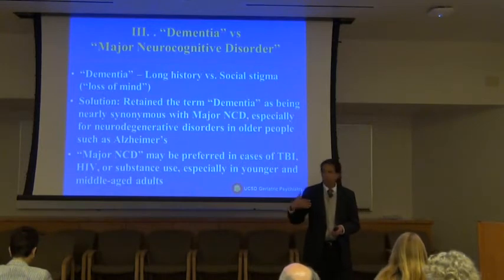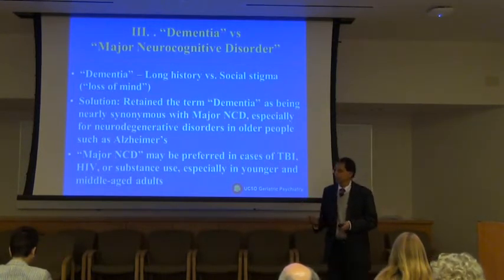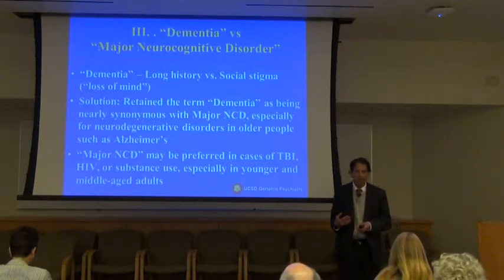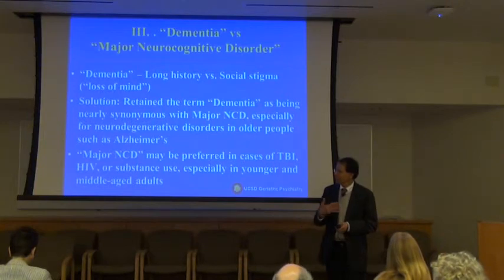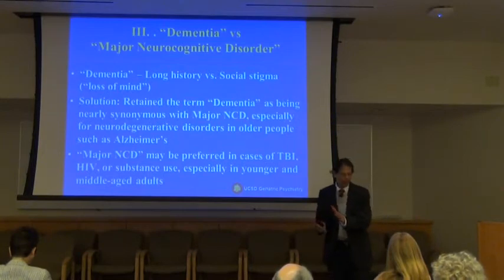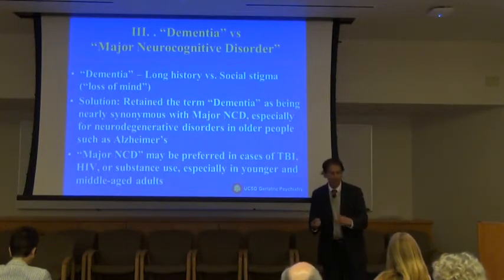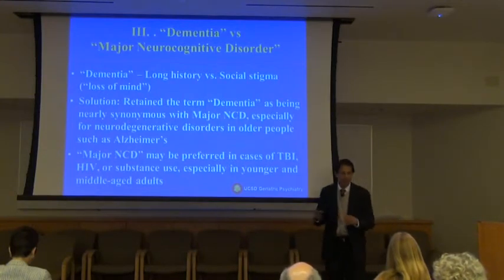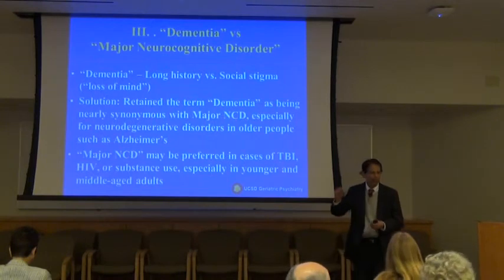when somebody develops major neurocognitive disorder as a result of brain trauma, like TBI or substance use or HIV, to say that person is demented is really not appropriate. So those groups say that we will not use the word dementia. So we had these two constituencies, and we asked Solomon what we should do. Solomon said, okay, use both of these. So that's what we ended up doing. We had neurocognitive disorder, in parenthesis, dementia.